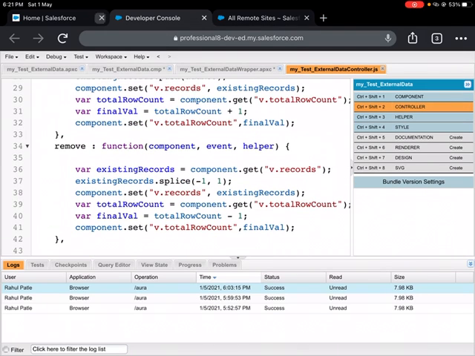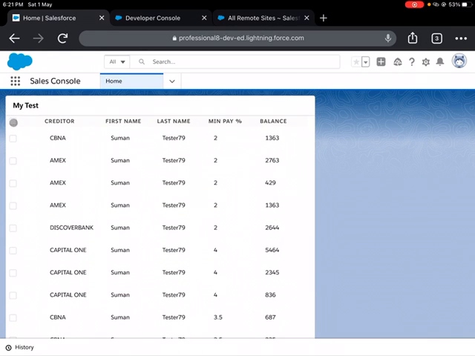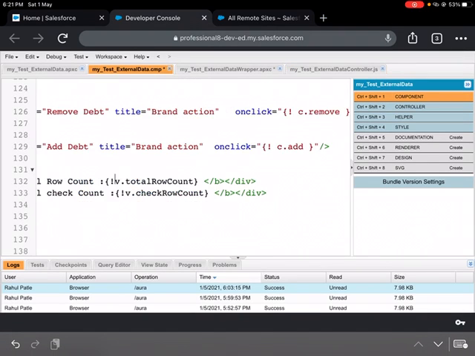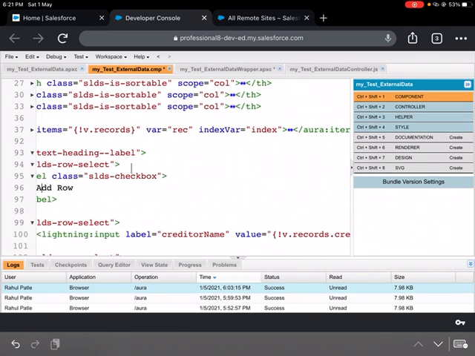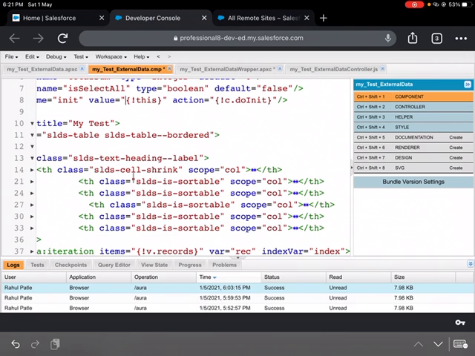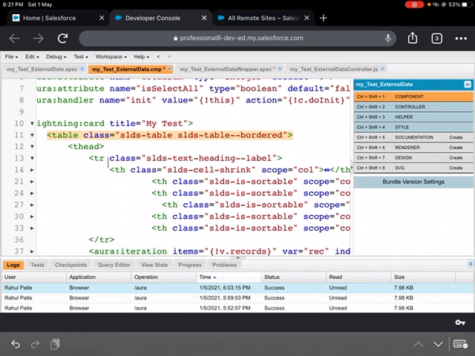Now, how is this select all functionality working? So let me show you here. I have created one checkbox which is on a header level, on a column level, which I initially showed you here in the component. So this is my table.